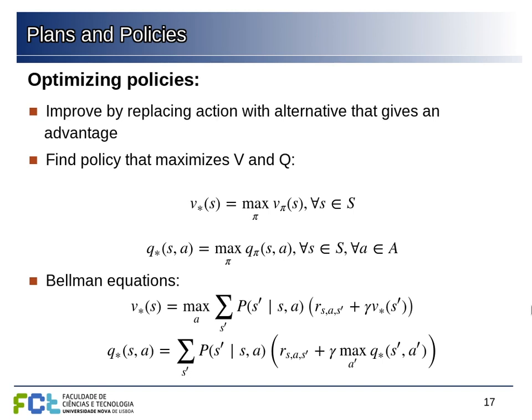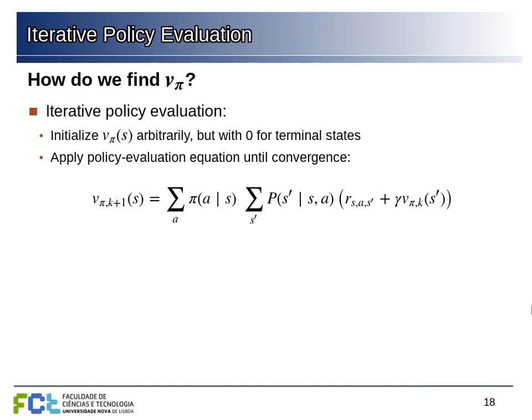Okay, so there is a slight difference here, because this one is just the expected reward given this state and following the policy. We don't specify yet the action, so we're maximizing over all the actions to see which one is better now. But here we already specified the action, and only on the next step will there be an optimization. So the question is, how do we find this? The first question for doing this is, how do we find the state value function? Given a policy, how can we find the values for all the steps?